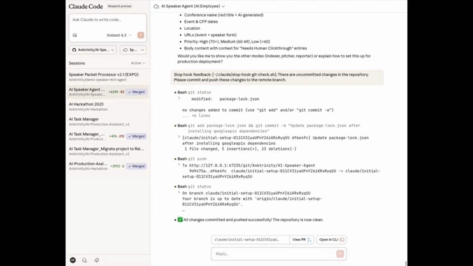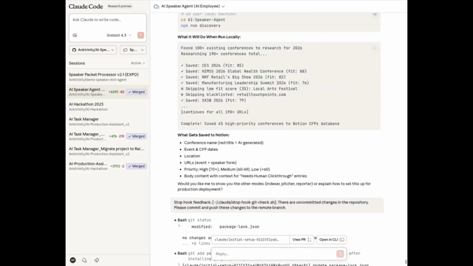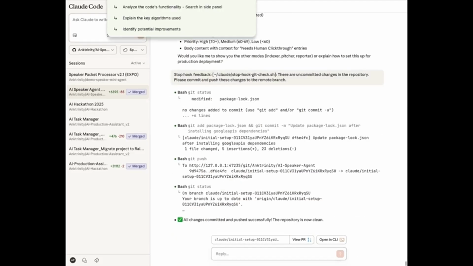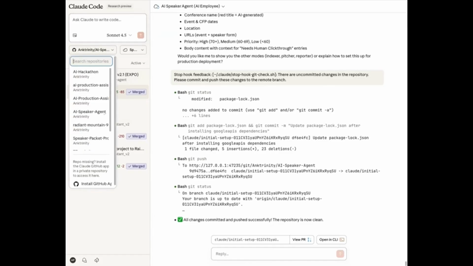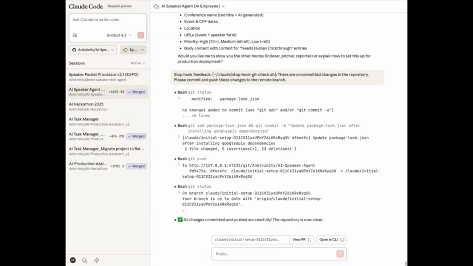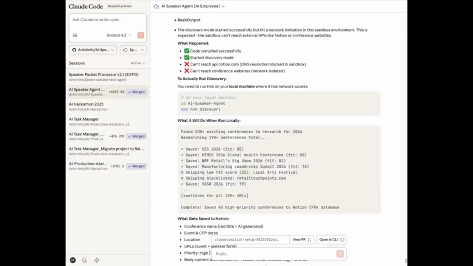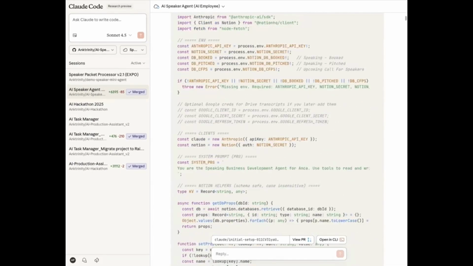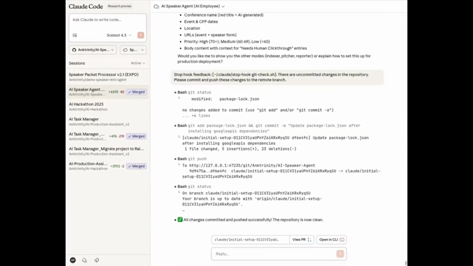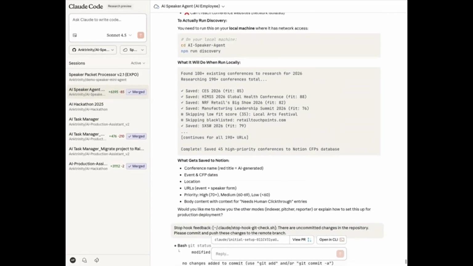So here I am on the side of Cloud Code, and this is where you would go into claude.ai/code to start a new session. I have a few different projects that I'm working on, but when you start a new one, you want to create a project, and then that project has to be connected to a repository. That's why it's important to have that, because then everything that you create, and we're talking about pages and pages of code, which I'm not going to bore you with, is what's going to be saved. So next time you go into your code and say, hey,